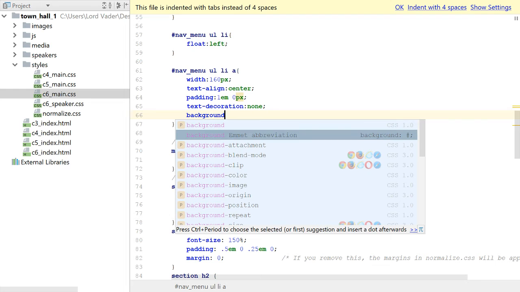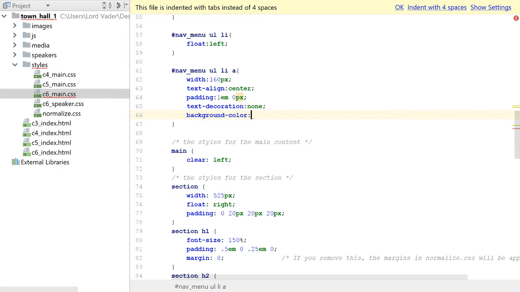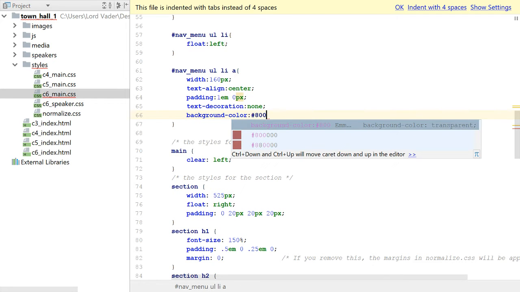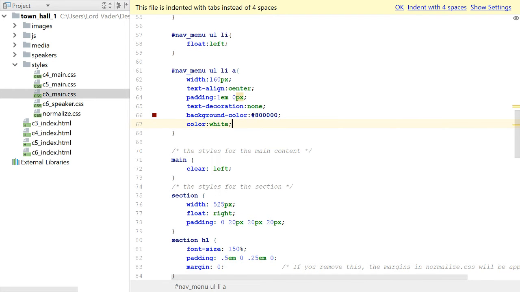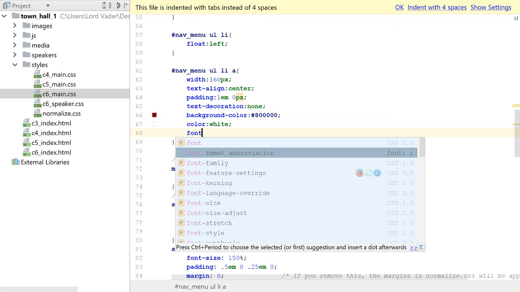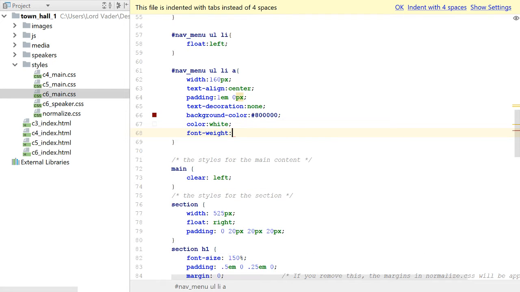We'll give it a background color, change its color to be white, and we will set the font weight to be bold. Now you could change the background color of the LI itself. You'll get a little bit of a different look right now because we have the padding, so you could change the background color of the LI or the anchor tag. It depends on how you set it up, right? So if we go and take a peek at this now,